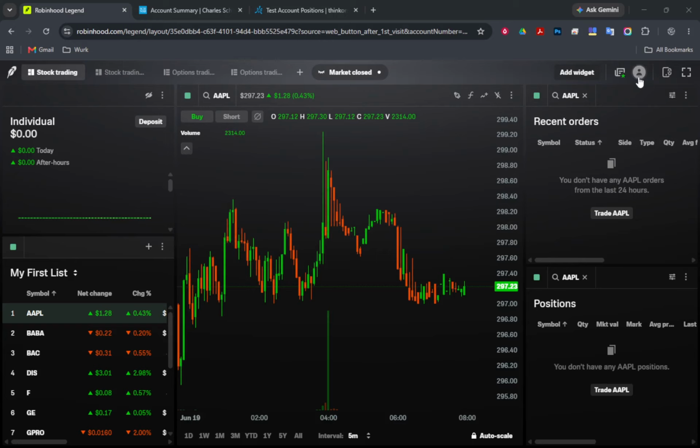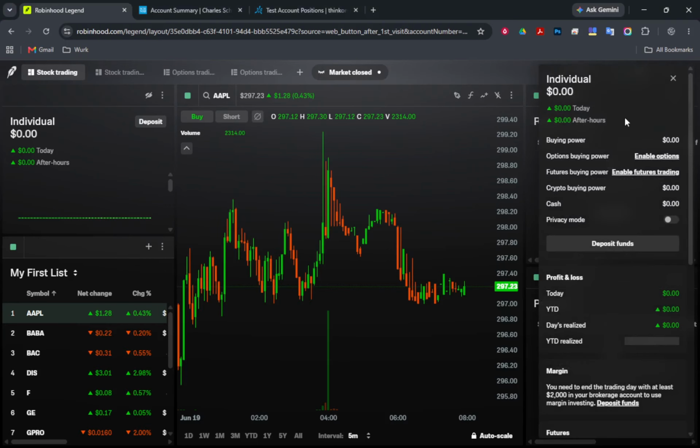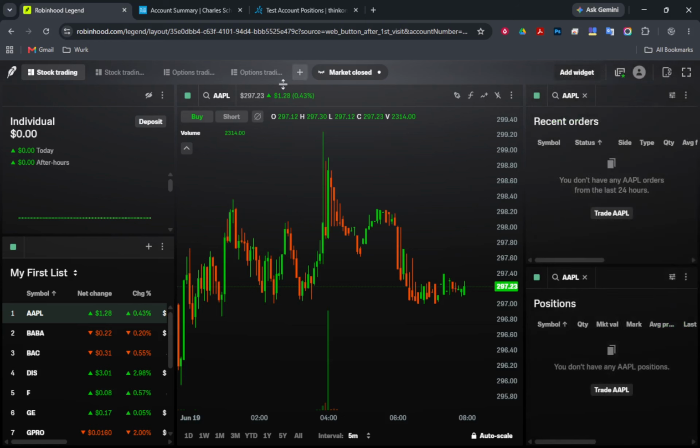It may come as a surprise, but you cannot open a paper trading account with Robinhood. You also cannot trade stocks using virtual money. This means you can't practice inside the Robinhood app without real funds. This is confirmed by multiple broker reviews and industry sources, so you can trust this information.